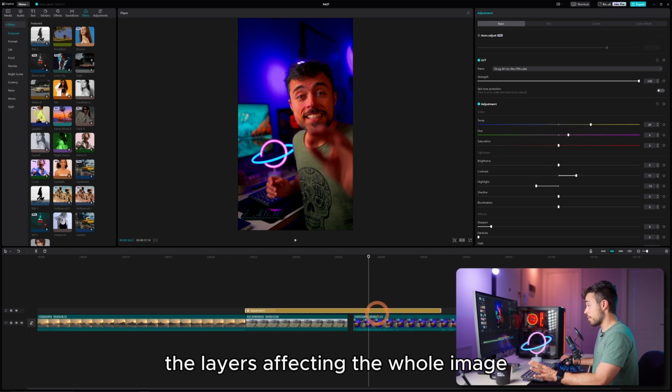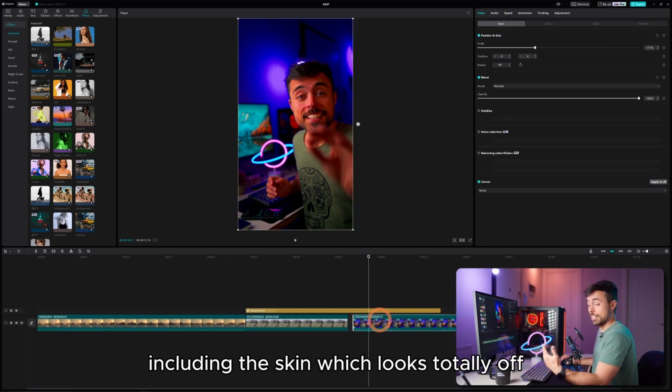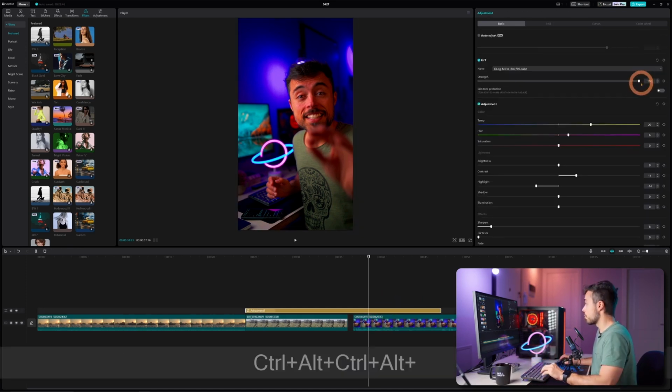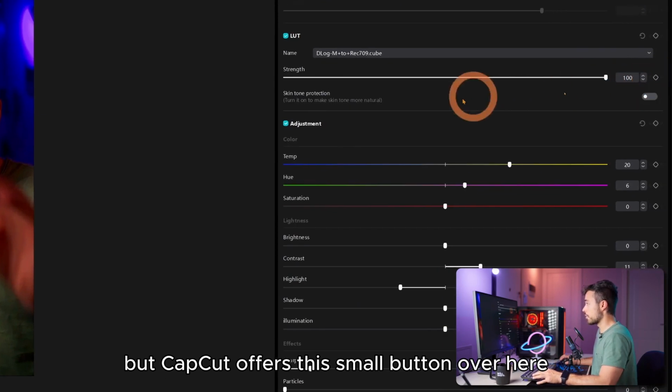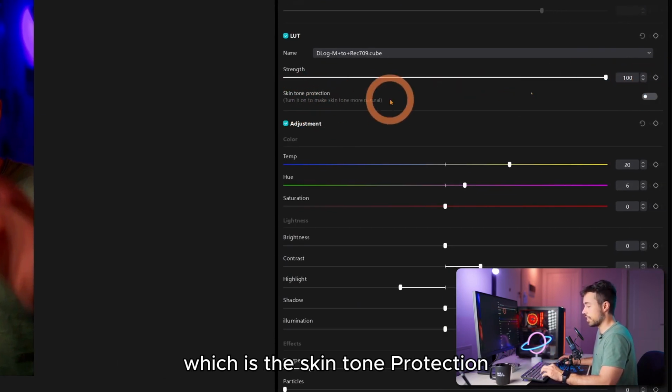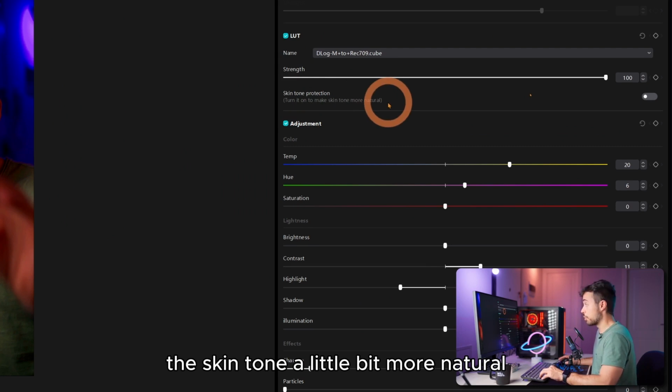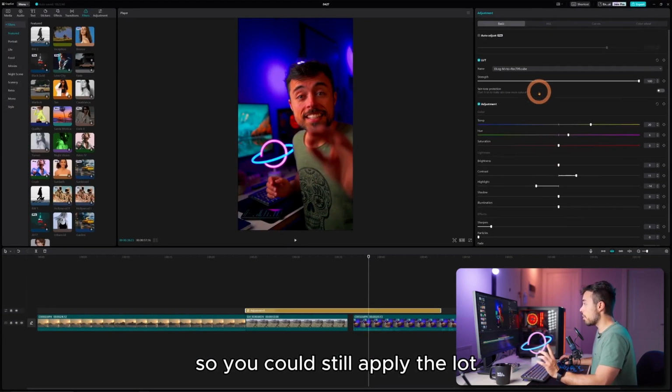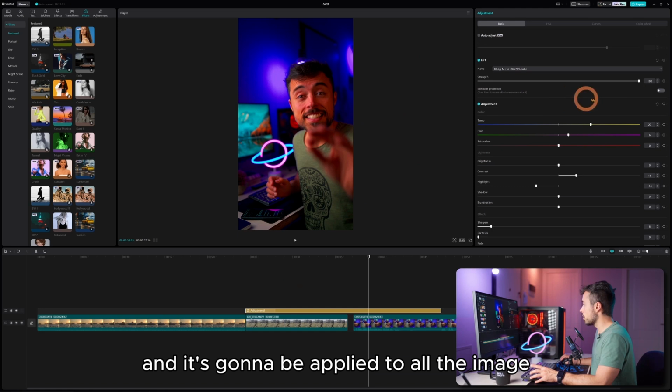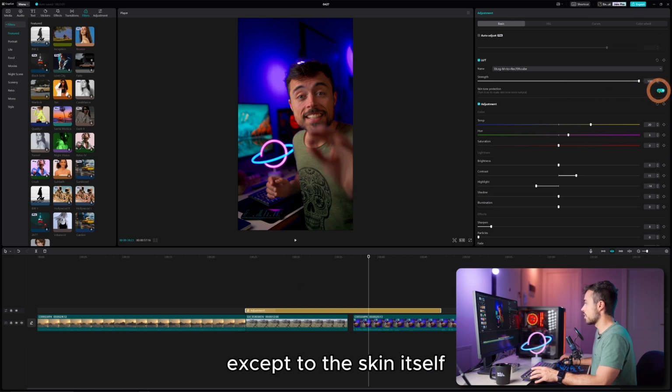In this case, the layer is affecting the whole image, including the skin, which looks totally off. But CapCut offers this small button over here, which is the skin tone protection, which is meant to make the skin tone a little bit more natural. So you could still apply the LUT and it's gonna be applied to all the image except to the skin